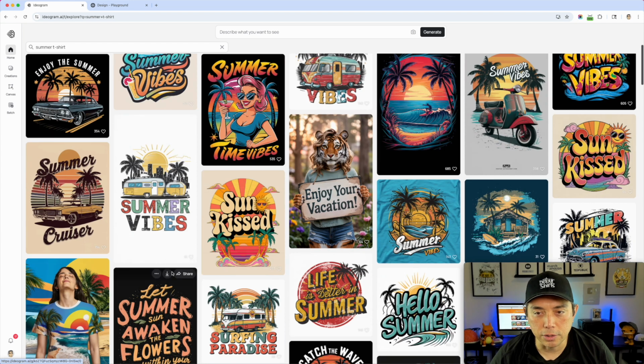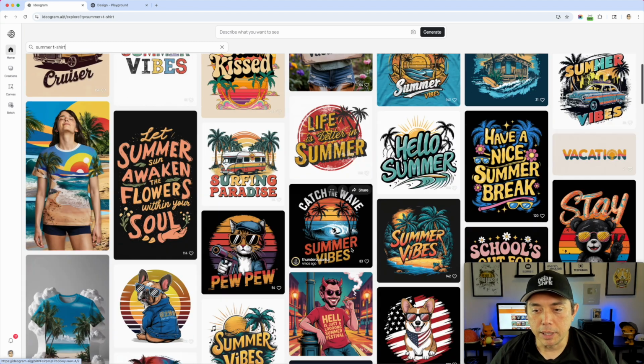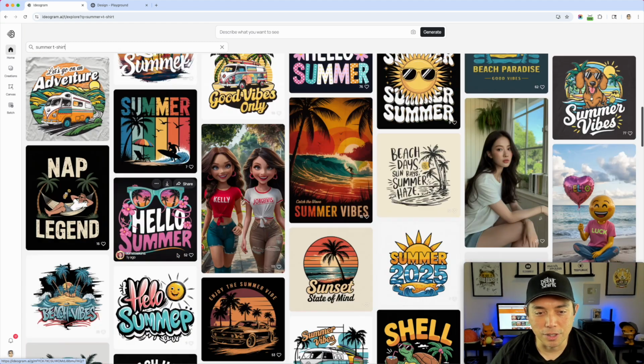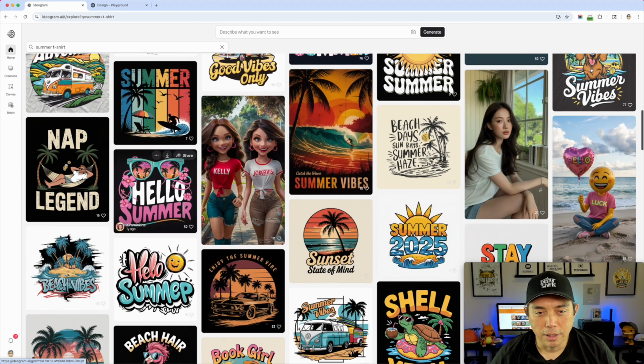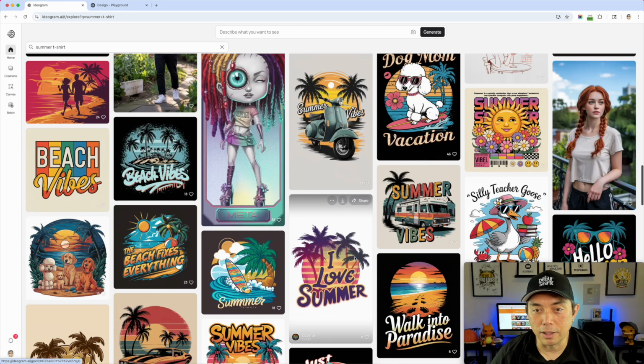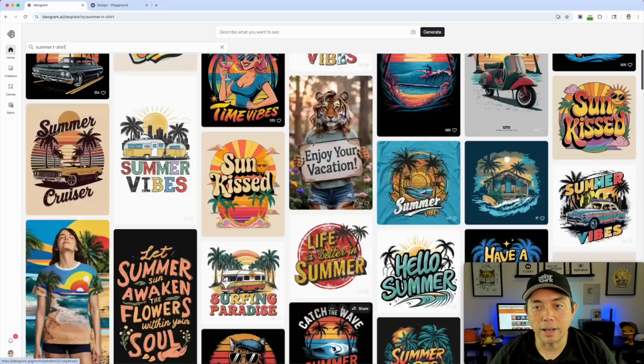Some of these are not t-shirts. I think they are wearing t-shirts. That's why I pulled up, but amazing, amazing designs here for summer. I just did it for summer. Yeah, that would sell on a t-shirt. I think that would sell on a t-shirt. A lot of these I think would do really well on t-shirts. So I'm giving this a, I don't know, I guess a 10, 9 out of 10.